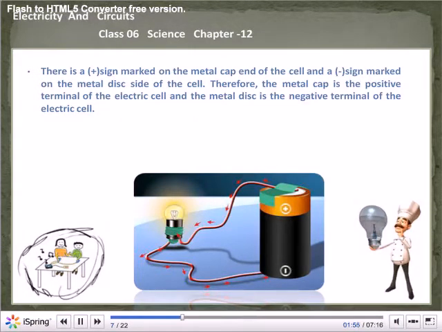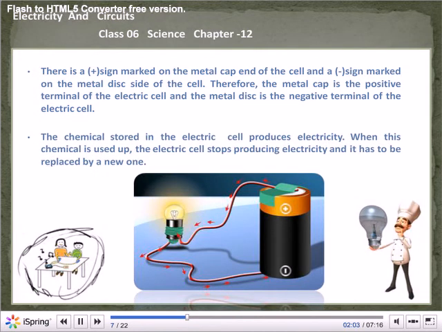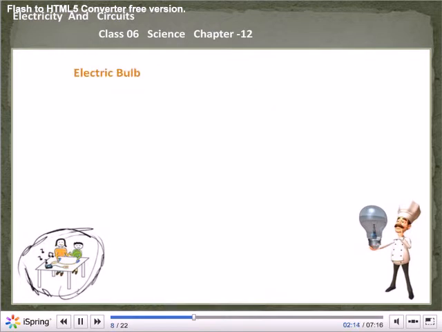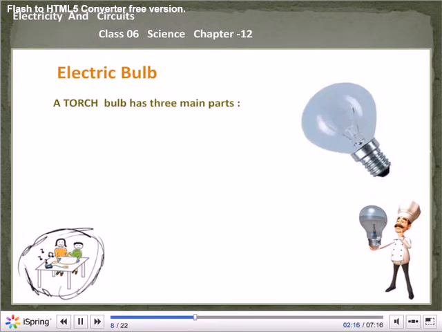Therefore, the metal cap is the positive terminal of the electric cell and the metal disc is the negative terminal of the electric cell. The chemical stored in the electric cell produces electricity. When this chemical is used up, the electric cell stops producing electricity and it has to be replaced by a new one. Electric bulb. A torch bulb has three main parts: metal base that conducts electricity, outer case of glass